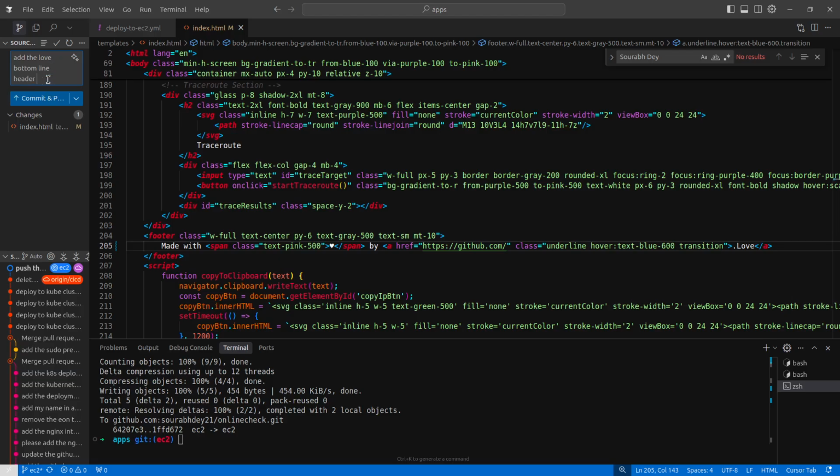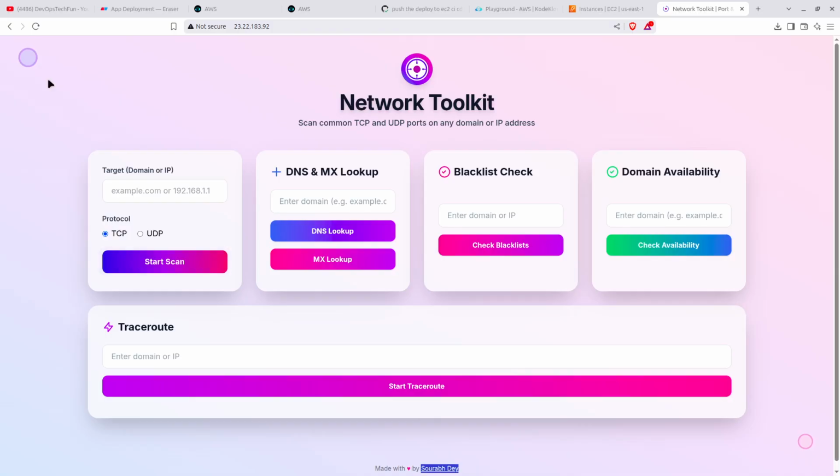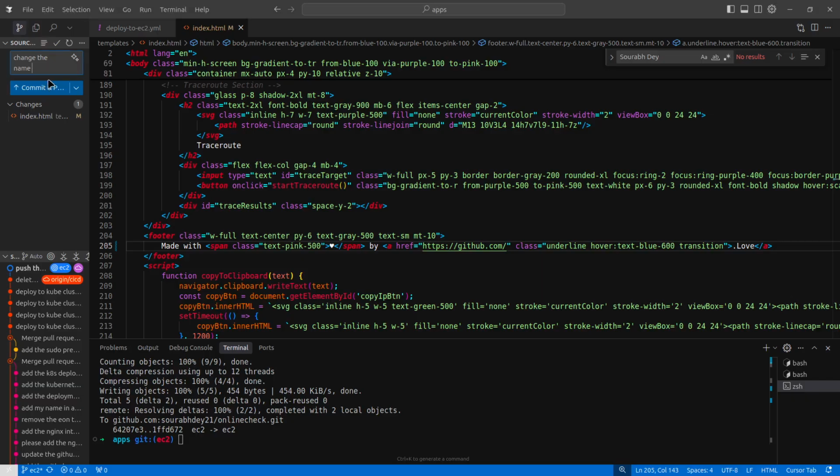Okay, no, change the name of Saurav. Change Saurav to love in the bottom bar. Okay, commit and push,